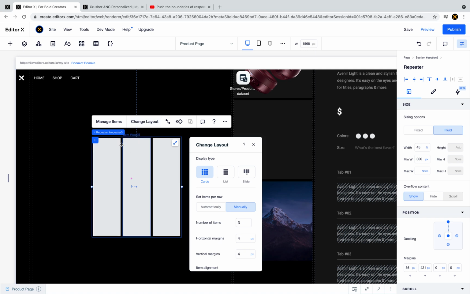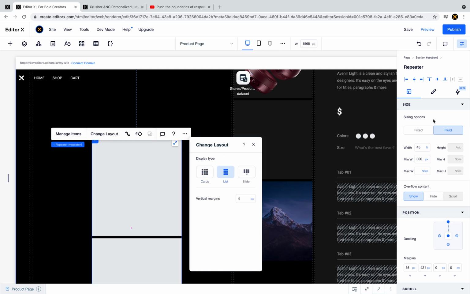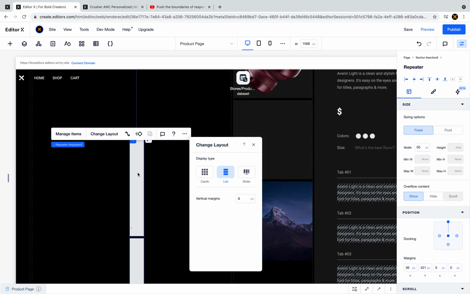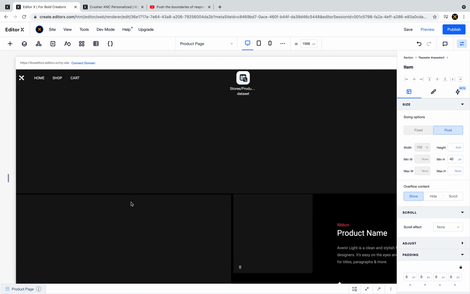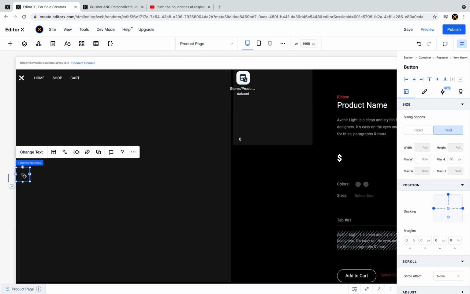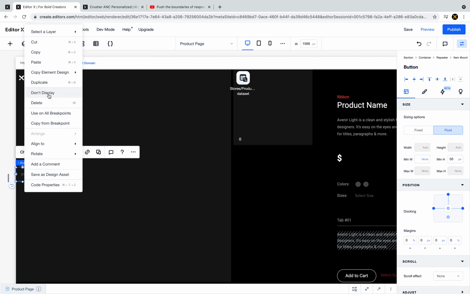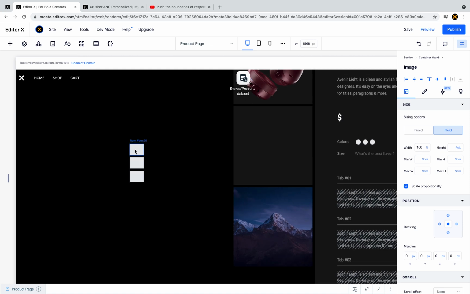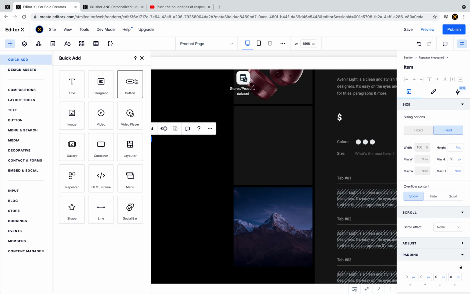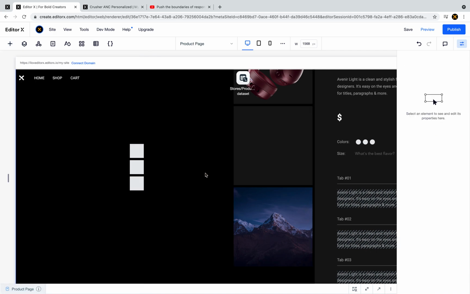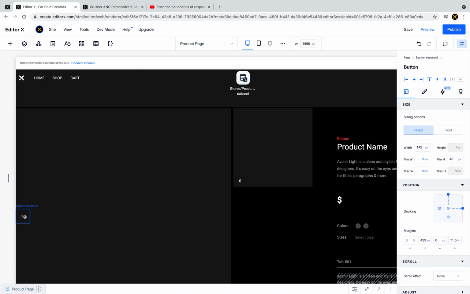So this again should be a list, and the repeater width should be 50 pixels, something small like this, and the height of each item should also be, not 50, let's say 40 maybe. Let's see how I did it right here. No, it's basically a perfect square. So I will copy this button. You know what, let's not copy, let's set this one to be 50, and I will drag right here another button, and I will copy the design from this button,